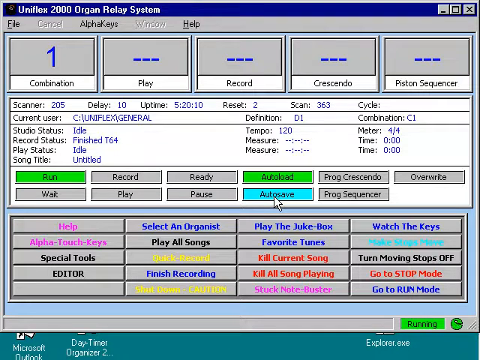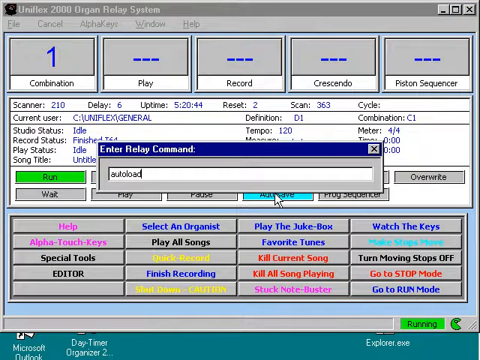operating manual, but auto save primarily means that when the organ is in run and anyone at the console alters a combination file by using the set piston or a combination of the set and range and combination action pistons, any of those changes will automatically be saved in the current file that is loaded. Now you can turn this off. For example, if you had someone that was coming over that was going to play the organ and you didn't want them to mess up any of your combination files, you would just type auto save, press the enter key,